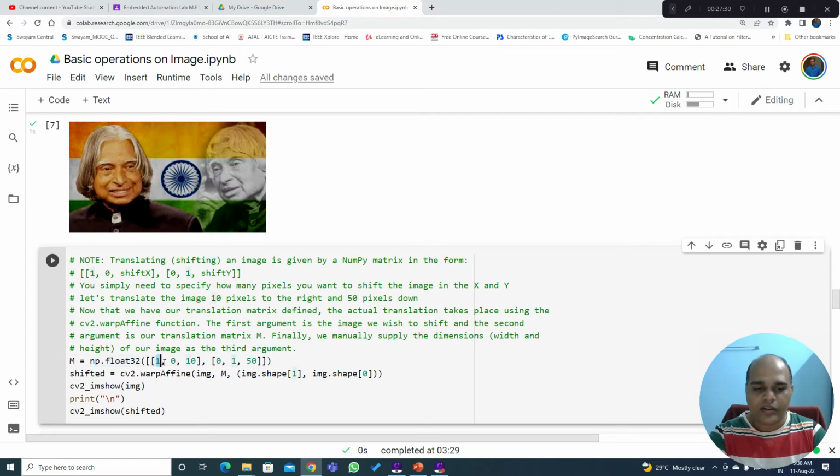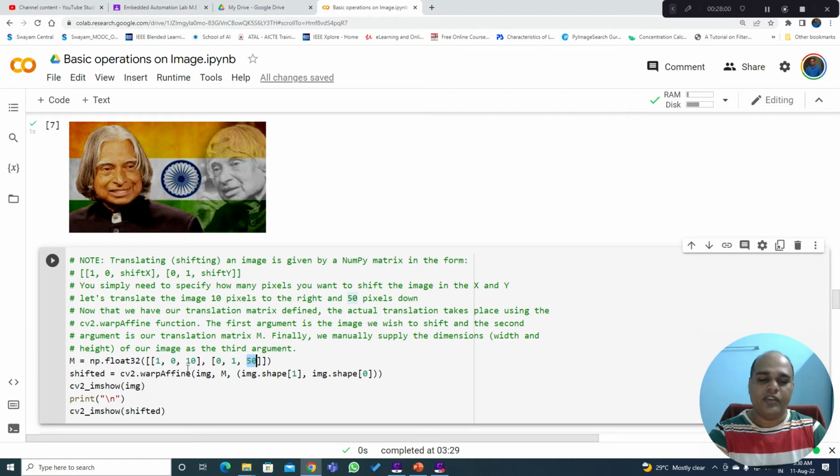Values are 1, 0 and 10. 10 is nothing but the tx value, the number of pixels which I want to move along the x direction. A positive value means the image will be moved towards the right. A negative value means the image will be moved towards the left. Same way, second row 0, 1 and ty. For ty I am going to use 50, which means I am going to move the image down by